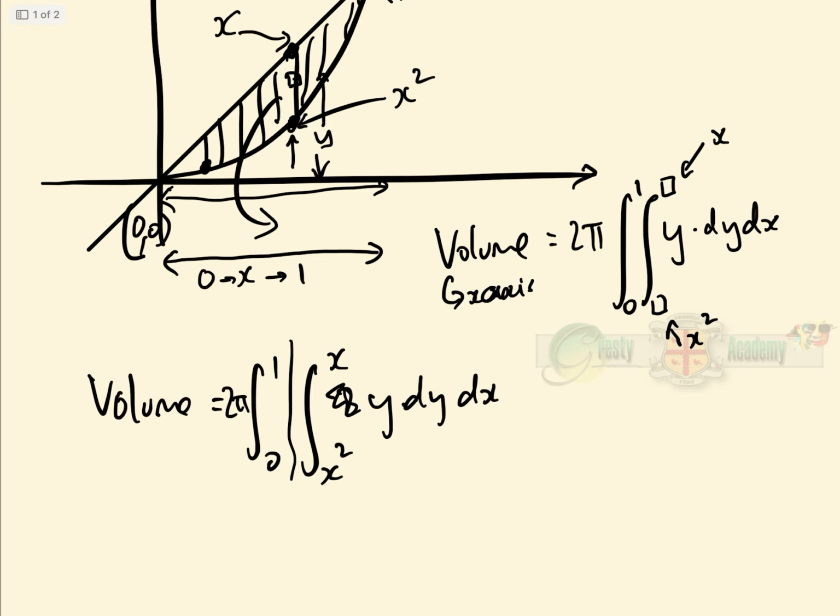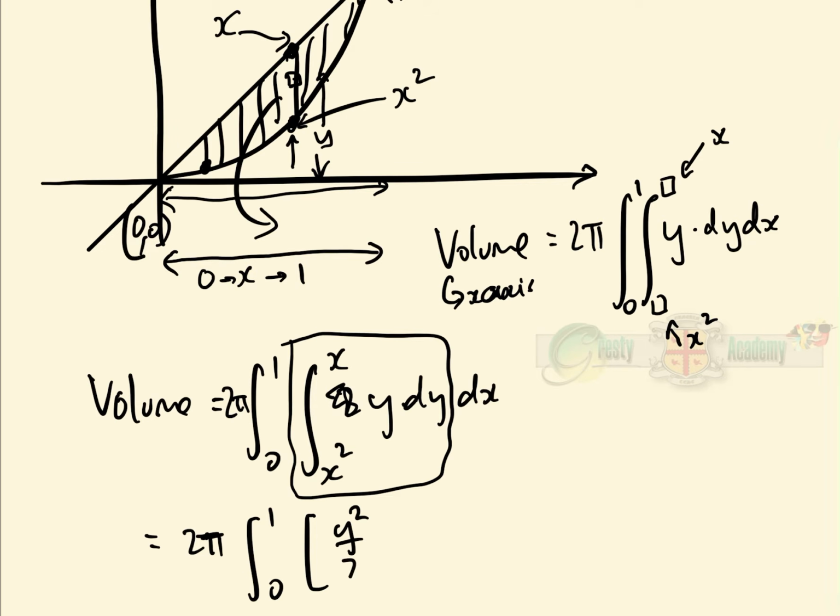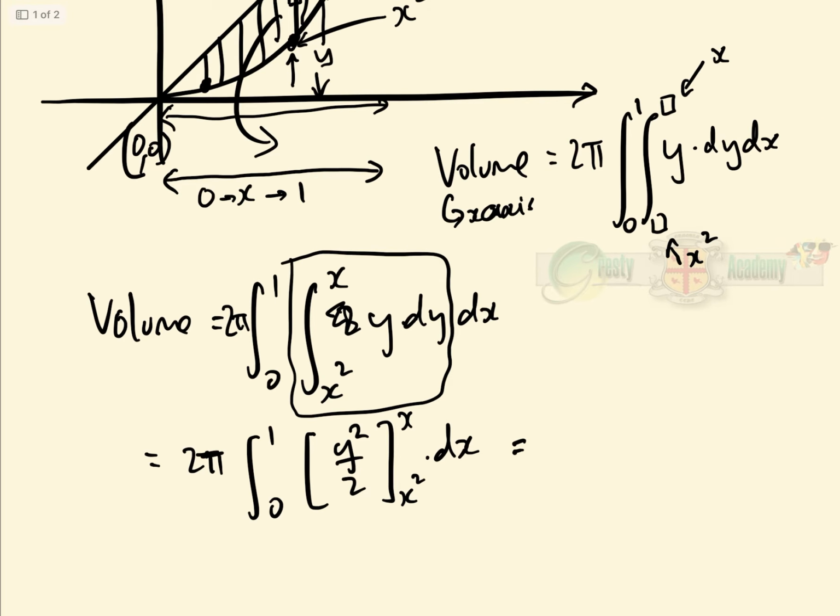And now this is quite simple. All we need to do is first of all do this integral here, and that gives us 2 pi, the integral between 1 and 0 of, well, the integral of y dy is y squared over 2 between x and x squared dx. Remember, we've got to do the second integral, and that equals 2 pi, the integral between 0